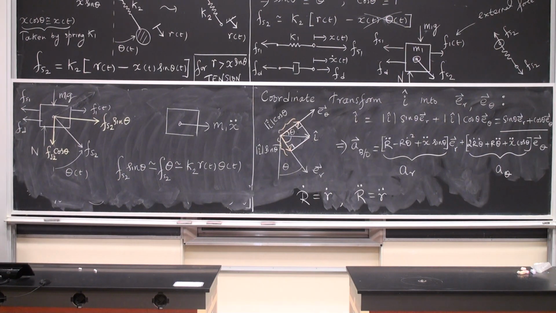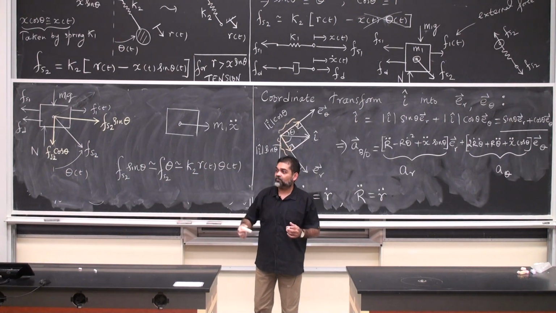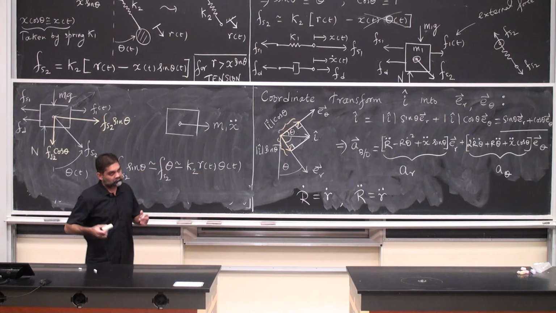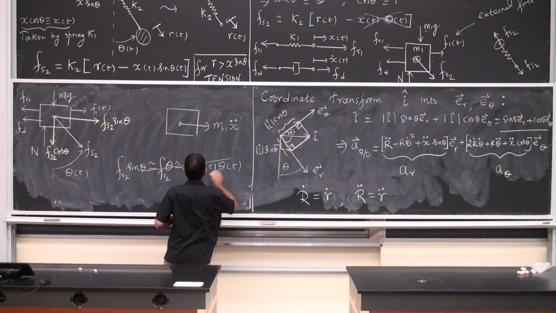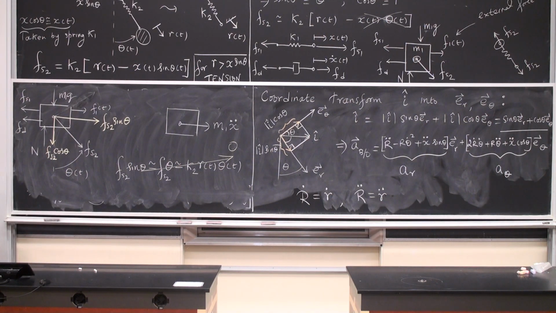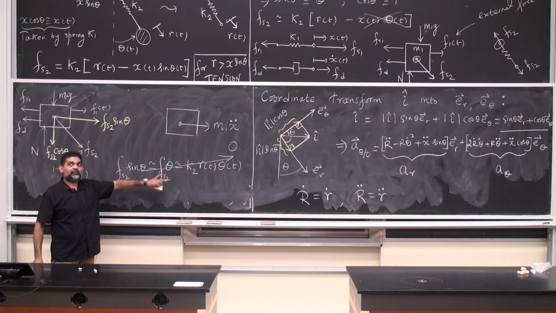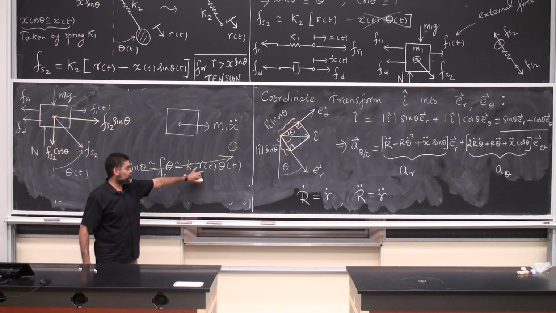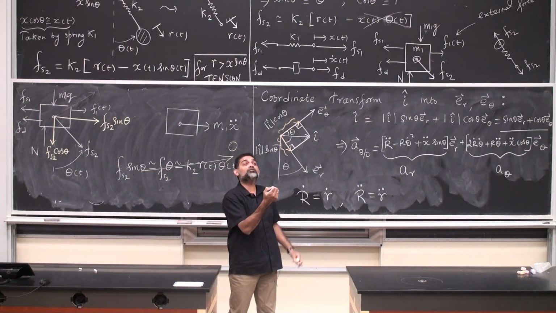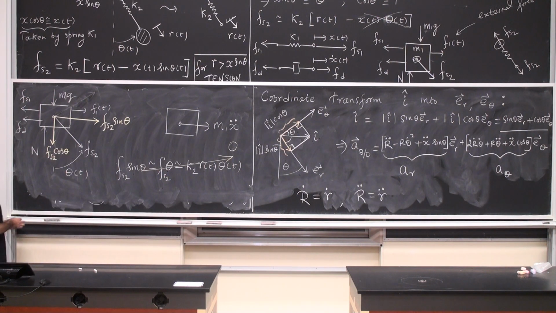What do we do with this thing? Yes. Wouldn't r times theta be very small? That's also small, so get rid of it. The argument is this. Sine theta is small, so sine theta becomes theta. Fs2, because of the small nature of x and theta, became k2 times r of t, but r of t times theta of t is also the product of two small numbers, so that quantity vanishes, and Fs2 cosine theta becomes approximately